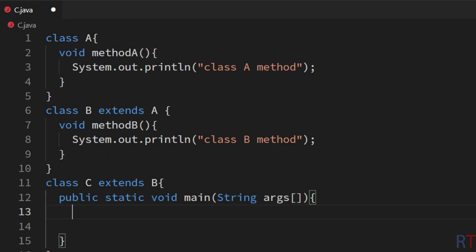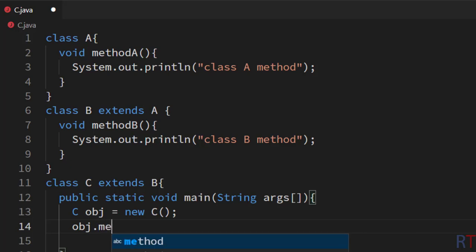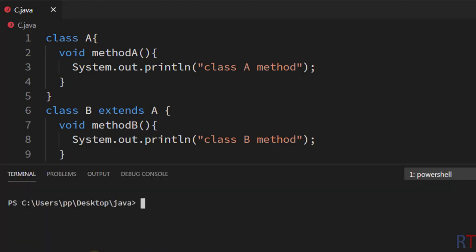Now inside the main method I'm going to create an object of the class C, then I'm going to use the object and call the method of the class A. So I'm going to write object dot method A. Similarly, I'm going to use the object and call the method of the class B. So now I'm going to save the program and compile and run it,